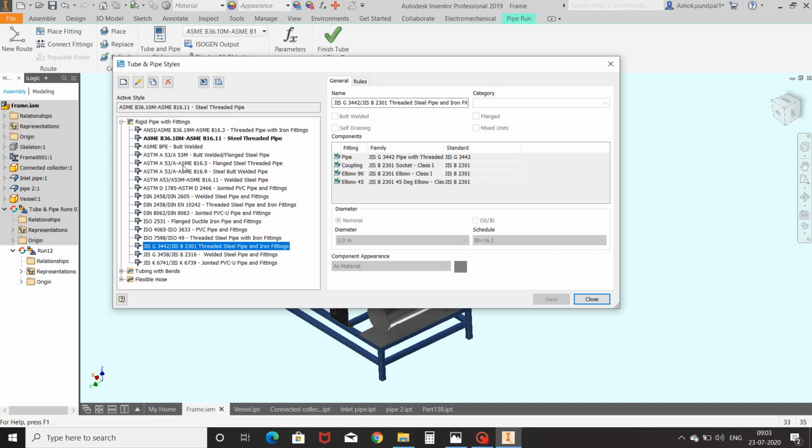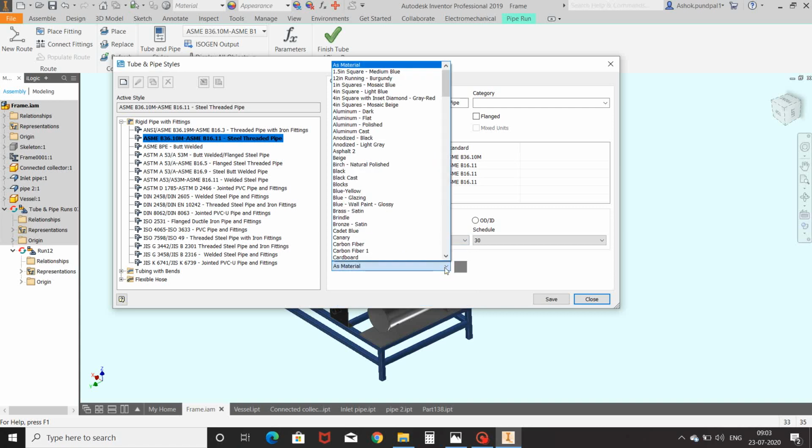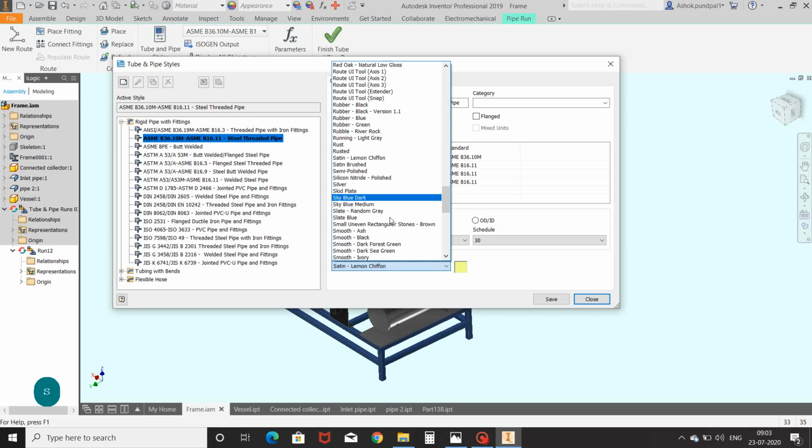At first, you will see ASME steel threaded pipe. Right click and make it active. Double click, fix the size of the pipe. I kept it 1 inch and the material will be stainless steel.